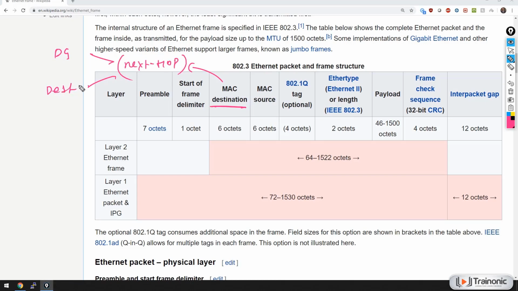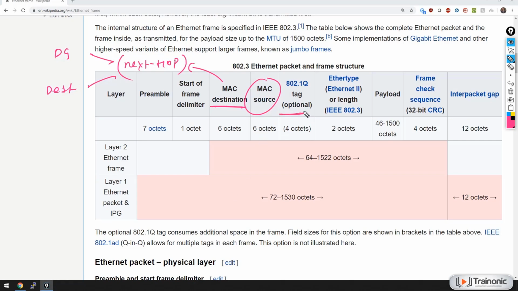You must recall that from the previous OSI model and routing part, where we discussed encapsulation and decapsulation. The source MAC address is the MAC address of the sender; whichever device sends the data, that MAC address is used as the source MAC address.